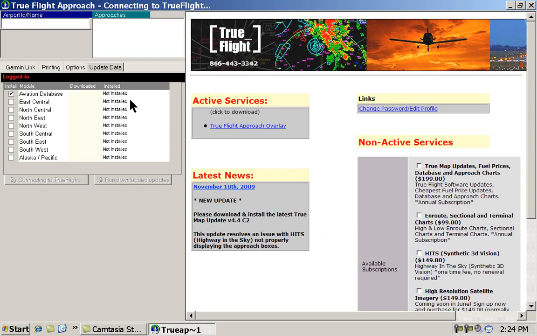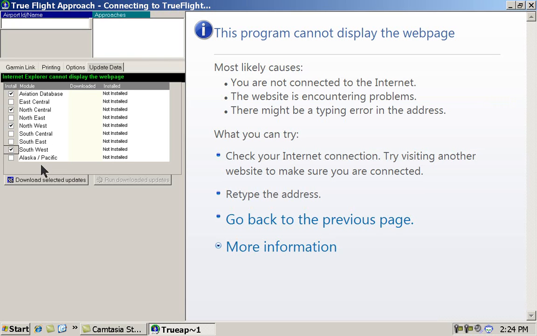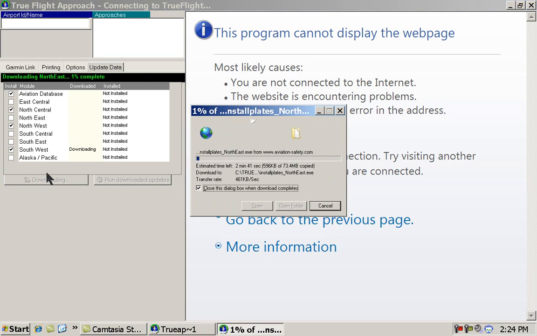So the next step here is you want to select the data that you want to download for different parts of the country. Just say those are the three right here. And then you click download selected updates. This part of the process you would do every time you need to update your data. For instance, the approach plates have expired and you need new approach plates as well as approaches. So you select that